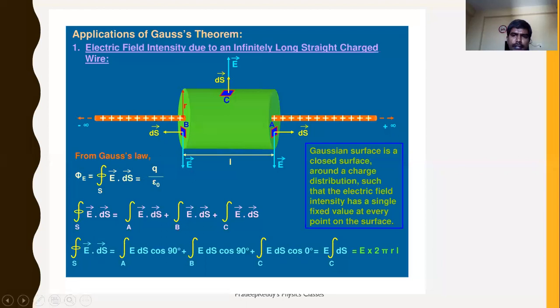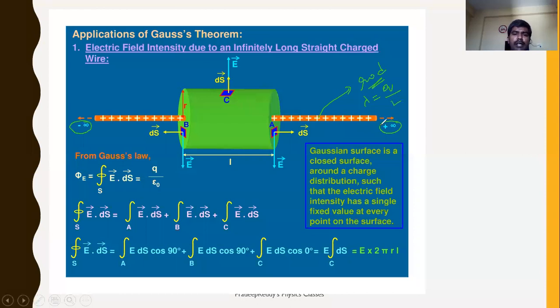Let us calculate electric field due to a rod using Gauss law. Now this is a rod. As it is a positively charged rod, it has lambda is equal to total charge enclosed Q divided by its length capital L. Of course, this is extended up to infinity. So right side it is plus infinity, left side it is minus infinity. So you are taking a rod and that rod is extended up to infinity.